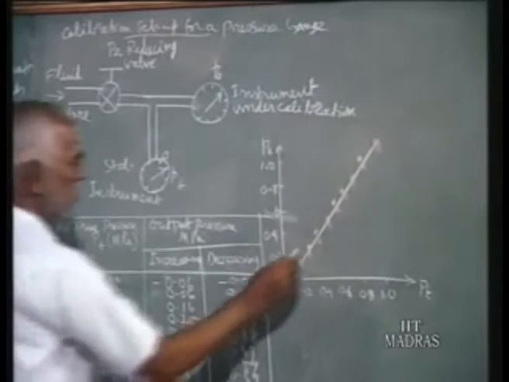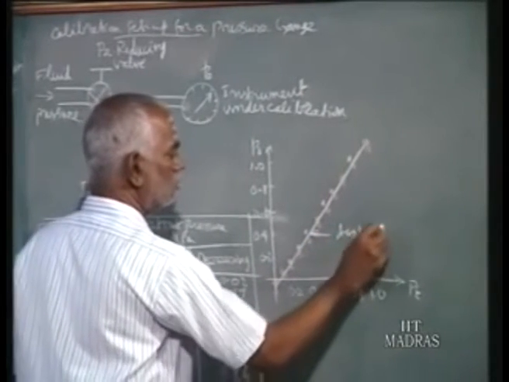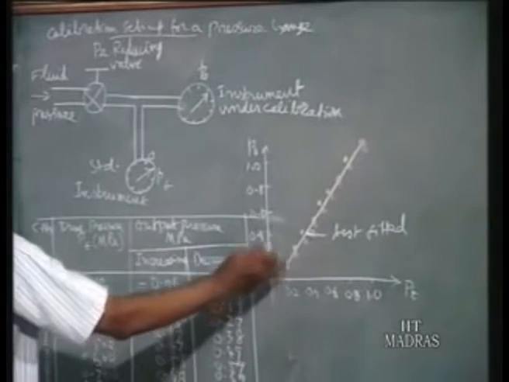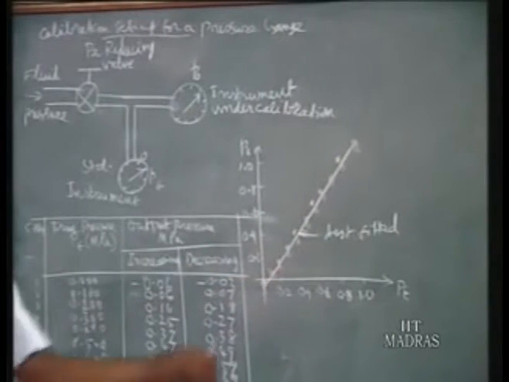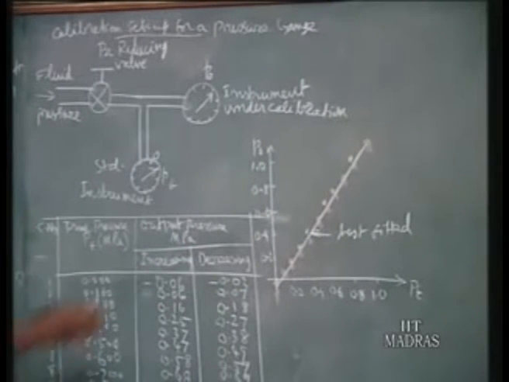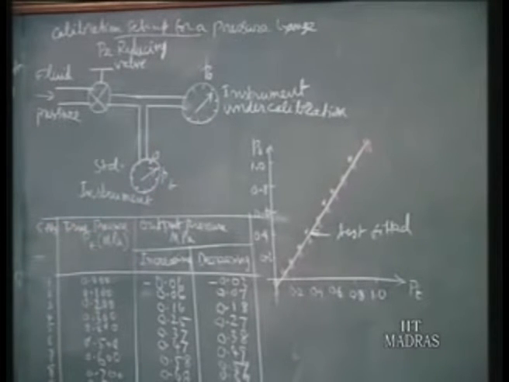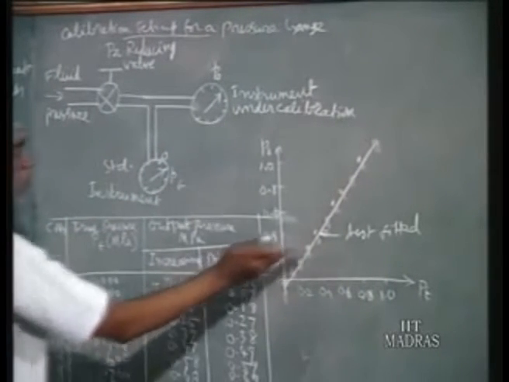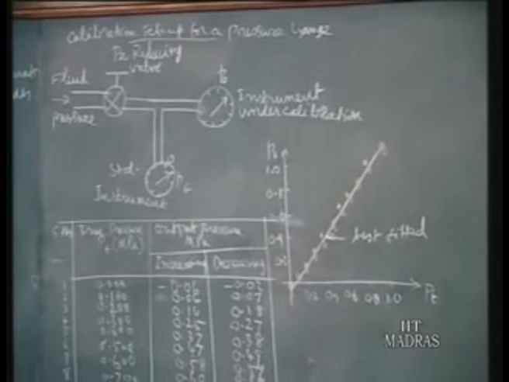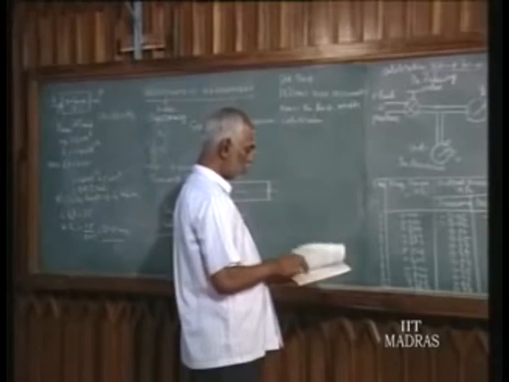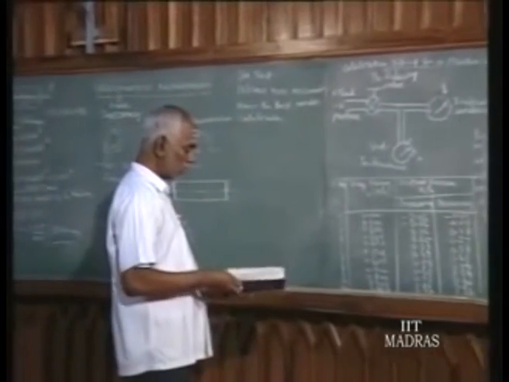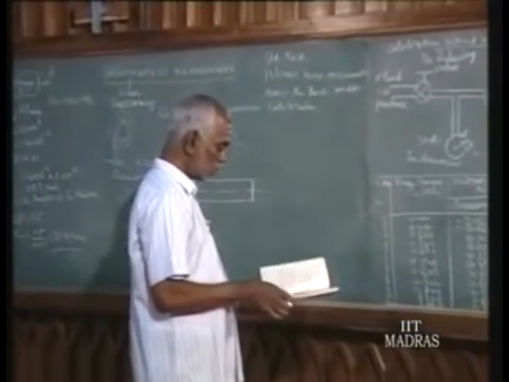Now this is called the best fitted line, based upon the least square principle. That is, take the difference between the best fitted line and the readings, square each difference, and add for all the readings. The sum of the squares of the differences of the points from the best fitted line will be minimum. That is the basis. To obtain such a best fitted line, we have a formula to compute the slope and the cut on the y-axis, from the least square principle.